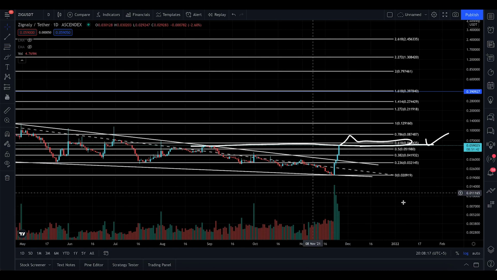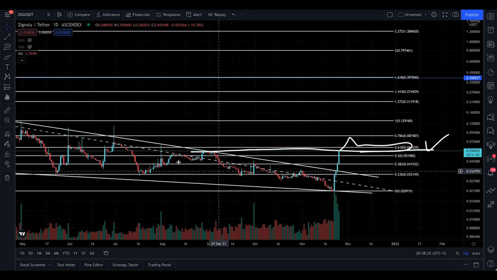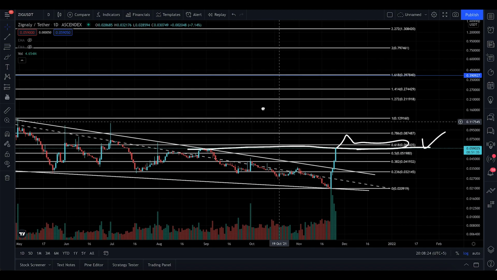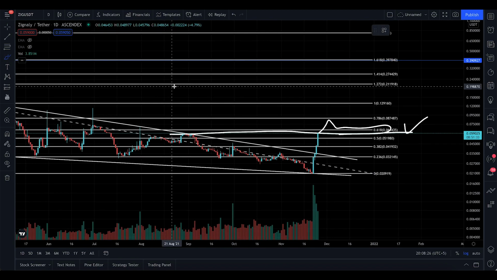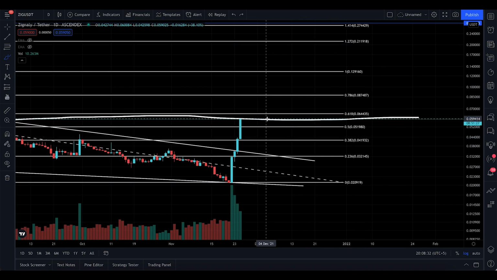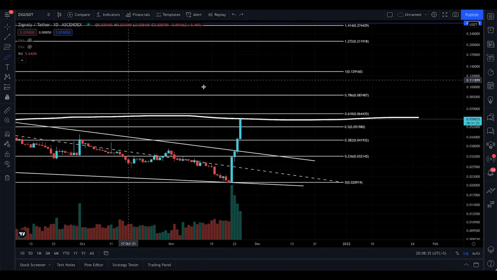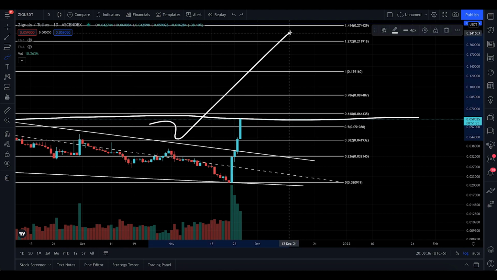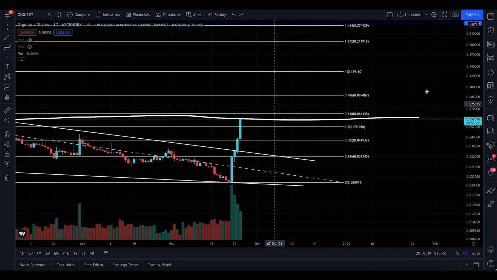That totally depends on how it plays out, or how the development team develops the coin, and how active the team are. They are very active, okay? The team is super active, and they're doing some incredible jobs out there. So this is something that I wanted to talk about, and this is the native token. So can ZIG actually zag towards the upside? That's going to be answered, and it's looking good, it's looking amazing.